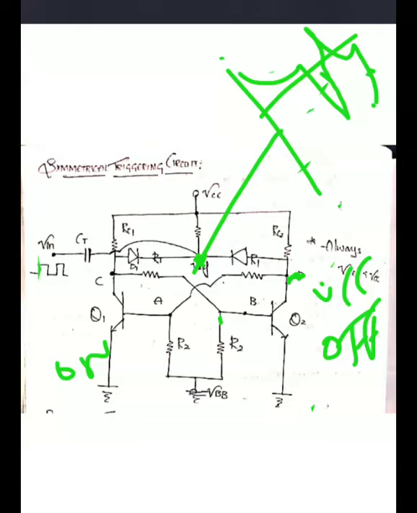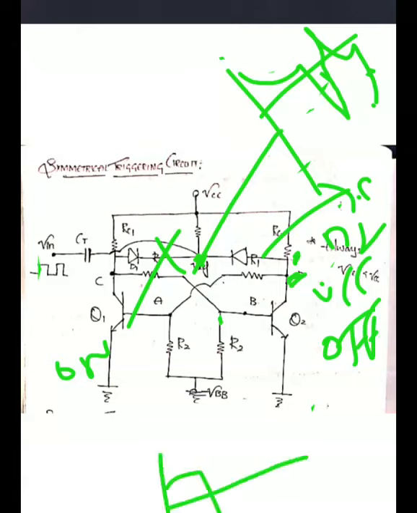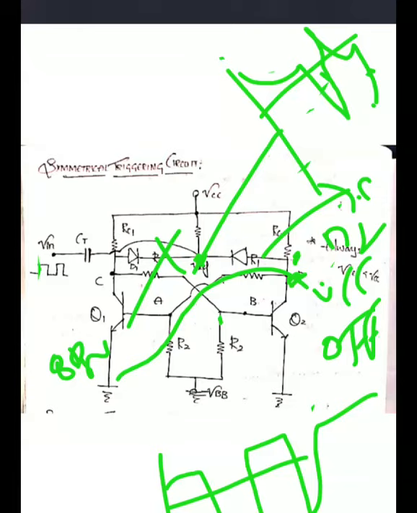Here, whenever Q2 is off, this is maximum, so diode D1 should be forward biased and D2 reverse biased, so there is no connection. The drop across the collector terminal simply generates negative spikes. The same negative spikes are connected to the base of the on transistor, and immediately Q1 enters off. So every time, it automatically generates the negative triggering pulse with the help of this triggering circuit. This type of triggering circuit we call a symmetrical triggering circuit.